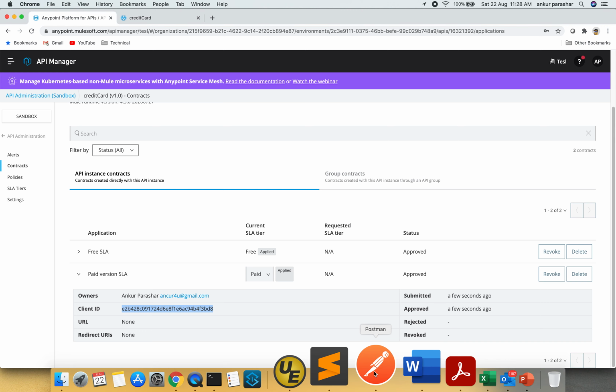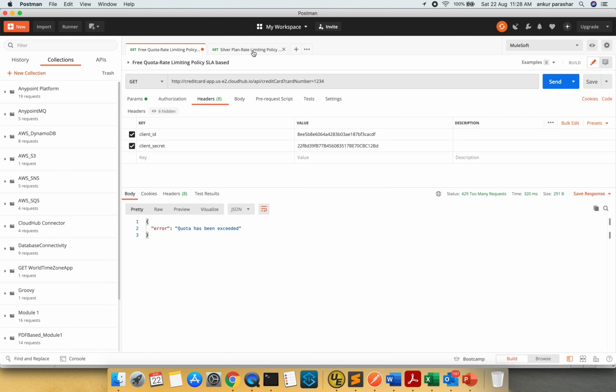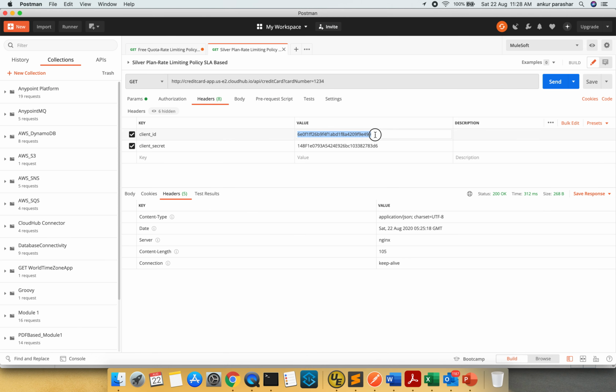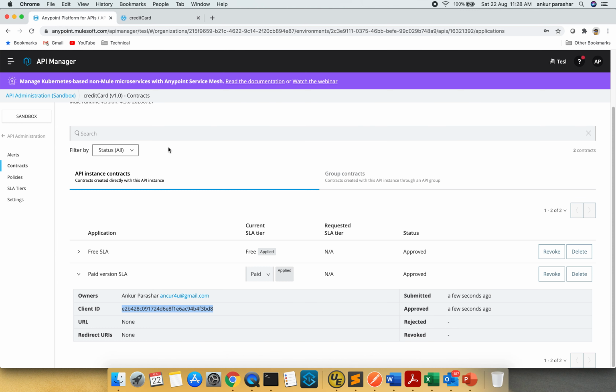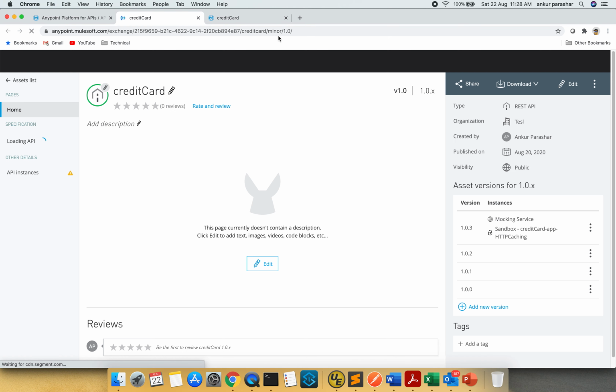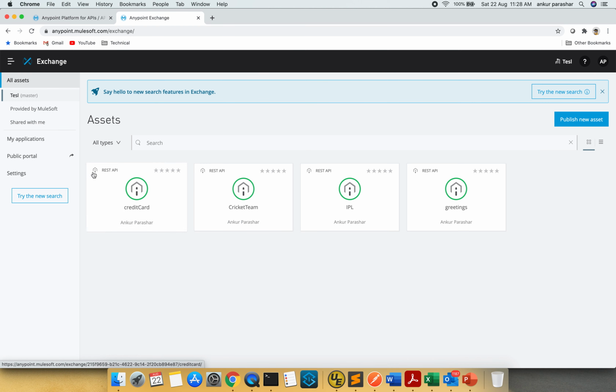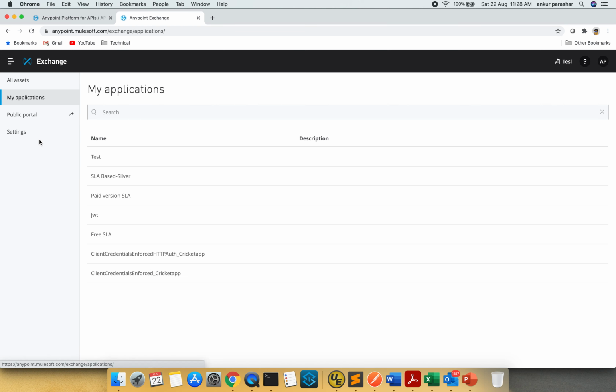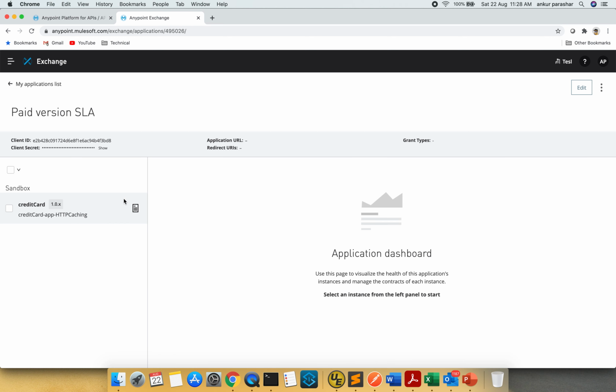I will go to the Postman and this is the silver plan which I have created. I will change this one and I need to locate the client secret. So where is the client secret? It's not here, right? So what to do? We have to go to the API Exchange, go to the asset list, go to my applications and look for the paid version SLA, right?